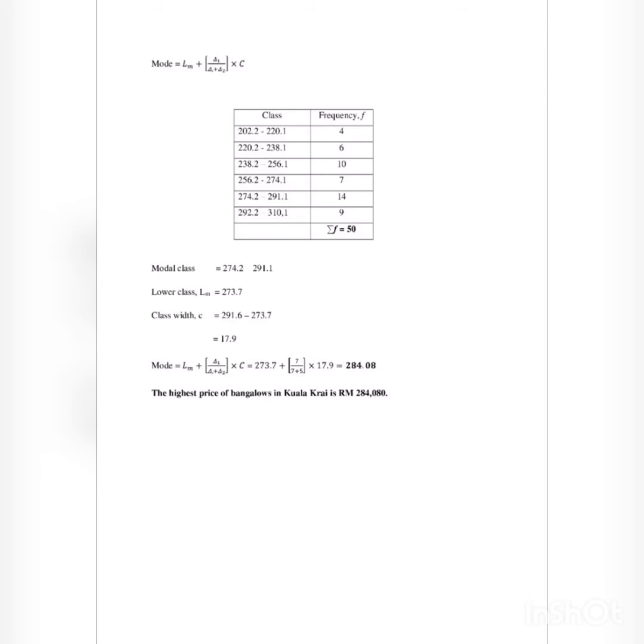Mode. The formula for mode is L plus delta 1 divided by delta 1 plus delta 2 times C. To construct the table, we must have class and frequency. To find the modal class, we look at the highest frequency, and we get 274.2 until 291.9. The lower class boundary is 273.7, the class size is 70.9, and we get the answer 284.08. So the highest price of bungalow in Kuala Krai is RM